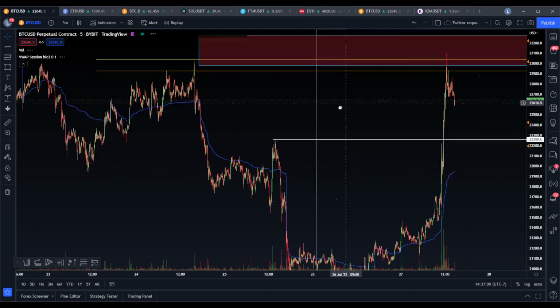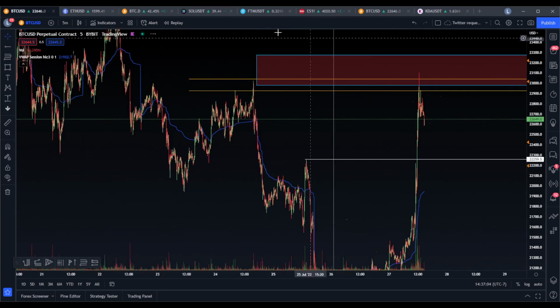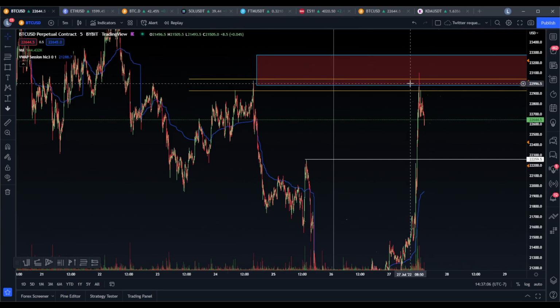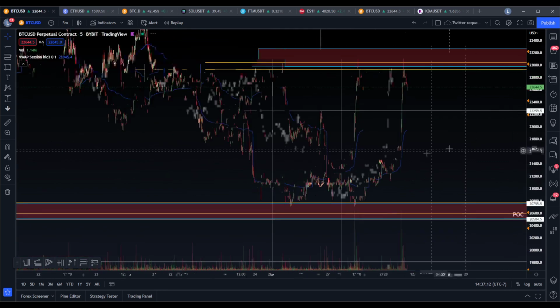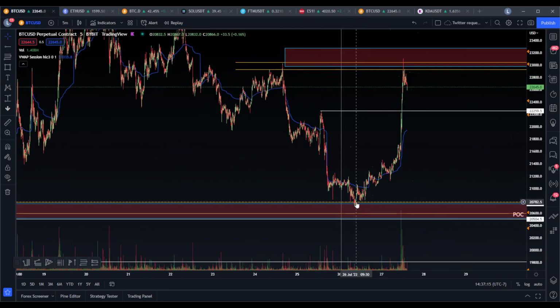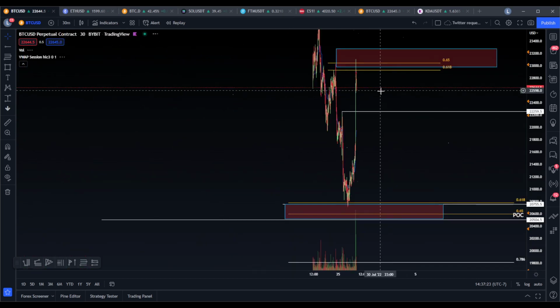But this was that second level I pointed out where we could come up and sweep these highs, a really important level, and it traps all these breakout traders. A lot of longs came in here, stops out tons of shorts, and so what you have is all the people shorting down here. That's where I'm opening my longs. So we squeeze up, everyone starts longing, all the shorts stop out, and now my target is back down into